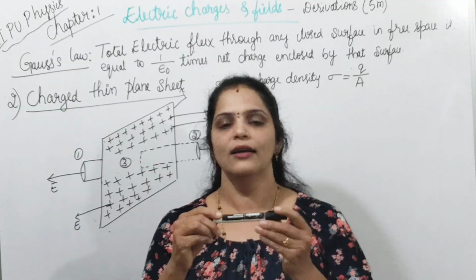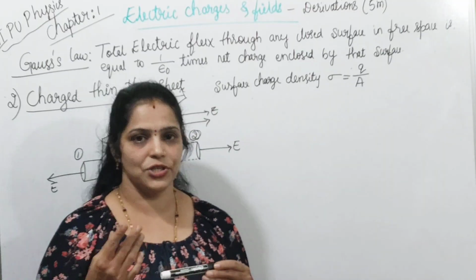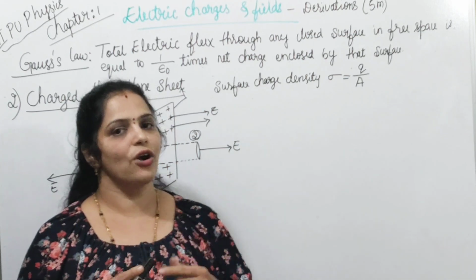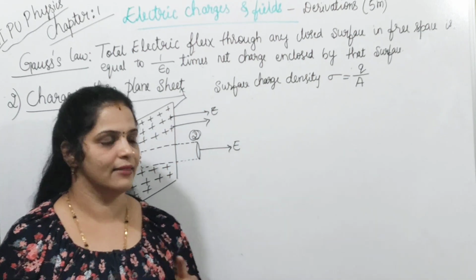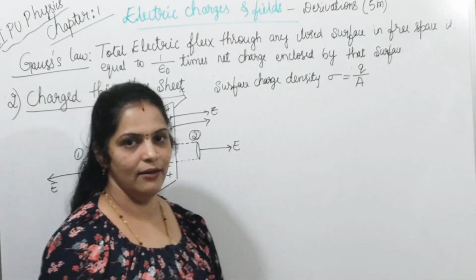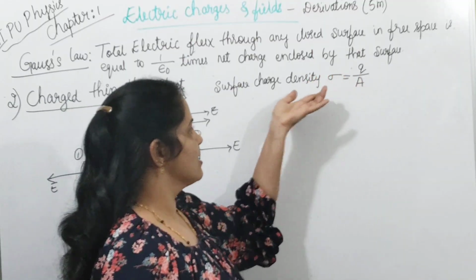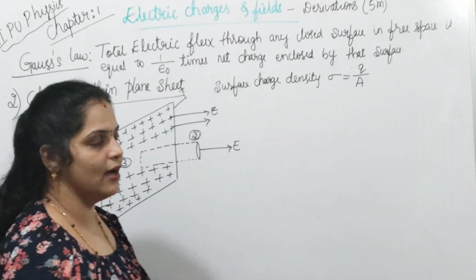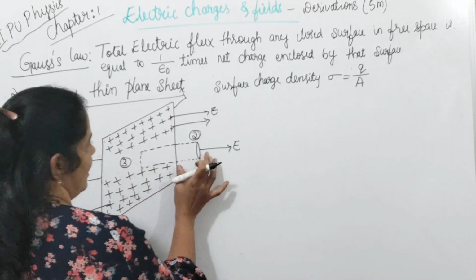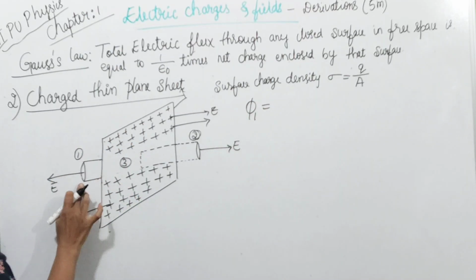If it is a wire, it is just length. One dimension means only one measure; after measurement, you just say its length or height. In the case of a wire, it is length. Two dimensions means length into breadth, together called area. So the charge included in a given area, charge per area, is called surface charge density, sigma. This is the relation. Now to find the electric field, we need to calculate the electric flux through the first surface. Let me consider this as the first surface.